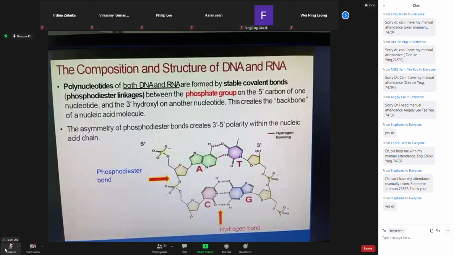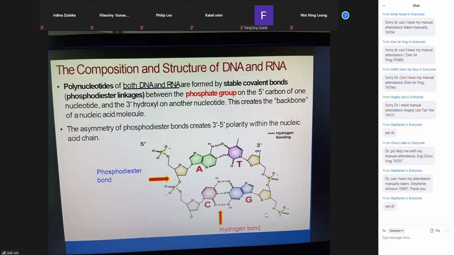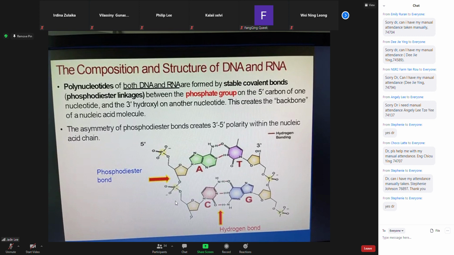So DNA must be very, very stable. If it were fragile, it would be very dangerous, because it could not produce the proteins needed by our body, or the necessary enzymes or hormones needed for physiological processes. So you need to see this phosphodiester bond, where they link together, and also the hydrogen bonds.